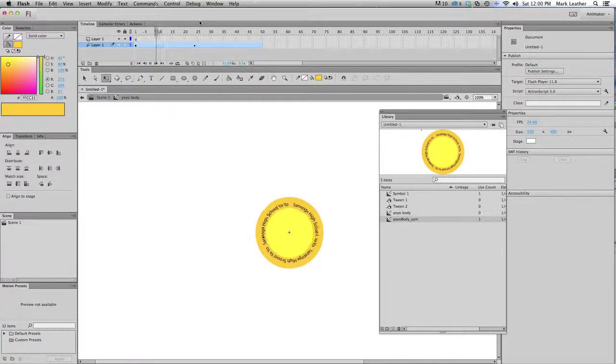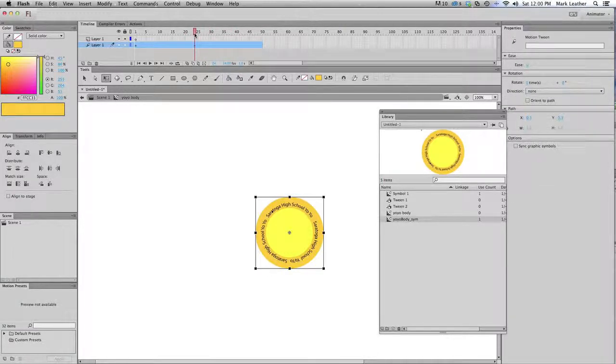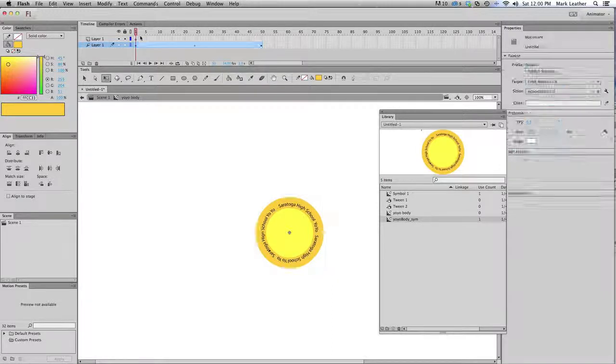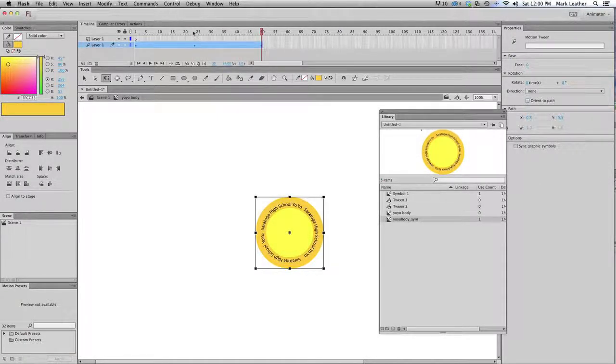Let's just play that. Okay, so as you can see, it stops at this point, right? That's where that keyframe has the end. So now let's come down to this frame and let's rotate it in the opposite direction once. All right, let's come back. And let's look. So it rotates and then it rotates around. All right, so I know that its first rotation is done at 24